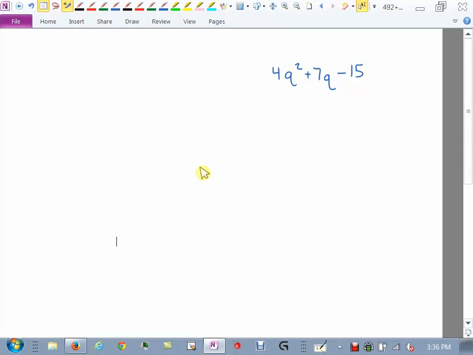All right, 3 terms. Do we have a GCF? Oh, okay, so let me try this little method over here. Multiply 4 times negative 15. That gives me negative 60. The number here is 7. I have to try and come up with some numbers, and that's going to maybe take a little while. But eventually you get what? Negative 5 and positive 12. If you need a calculator to do that, use a calculator to try different things. But eventually you should get negative 5 and 12. They multiply to be negative 60. When you add them together, you get 7.